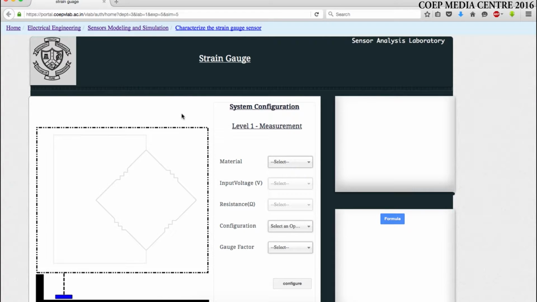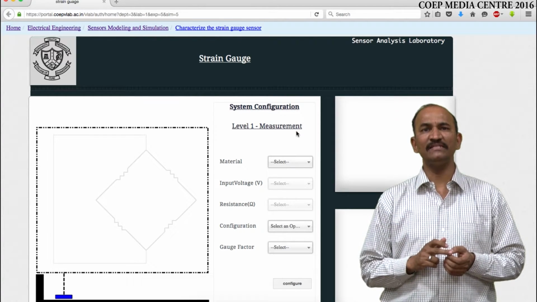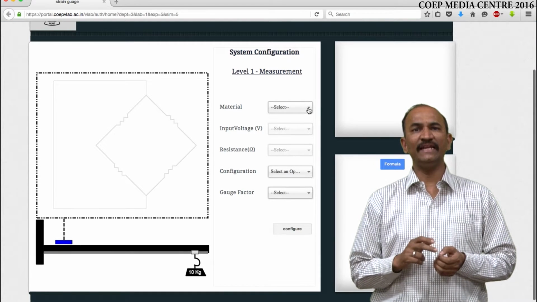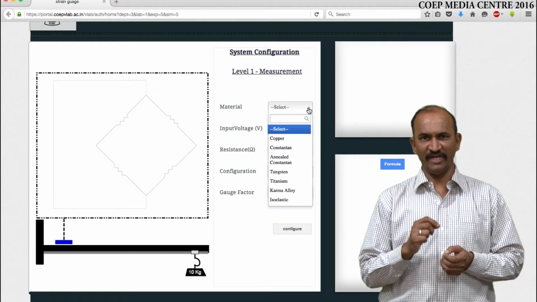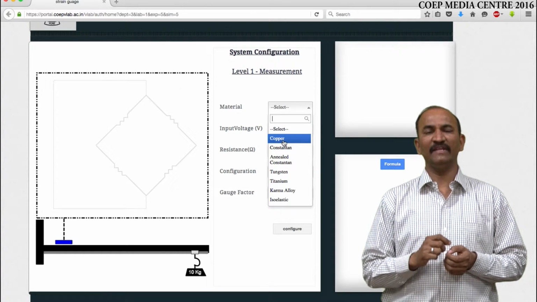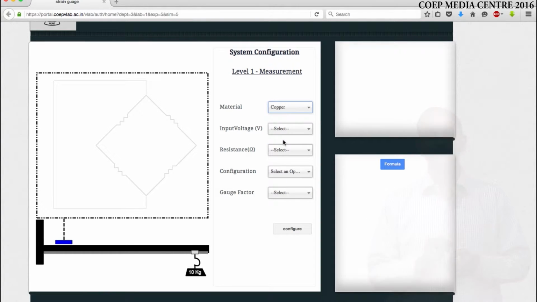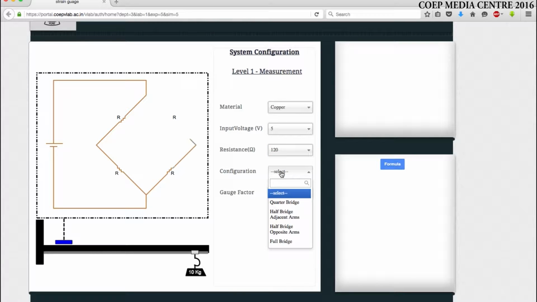Now in this experiment, you will have a lot of configurable parameters. This experiment is of two levels. In level 1, you are selecting the material of construction of the strain gauge. For example, I have selected copper as the material. Input voltage for excitation is 5 volt DC. The resistance which I have selected for the strain gauge is, suppose, 120 ohm, and for the configuration, there are 4 types